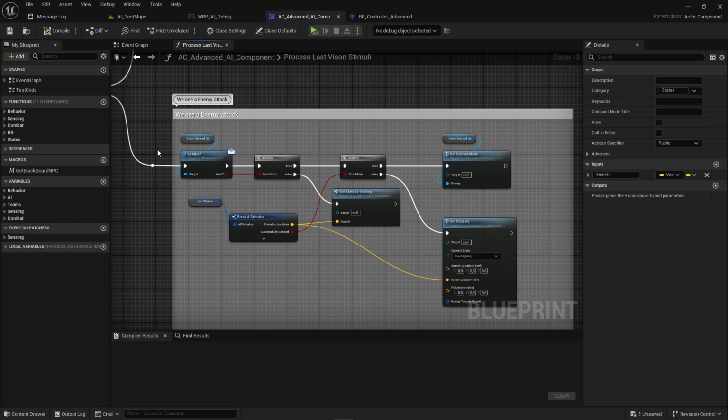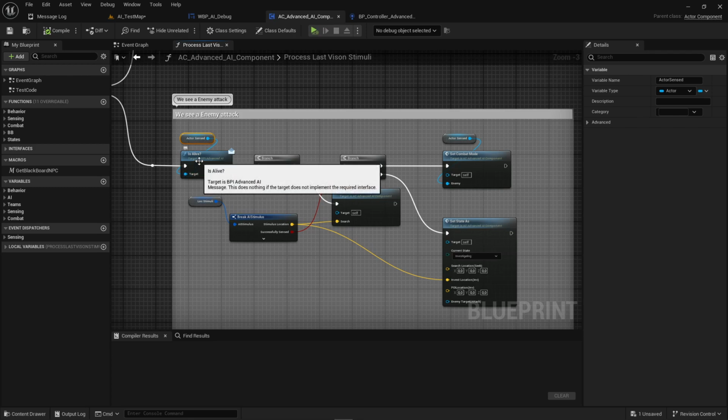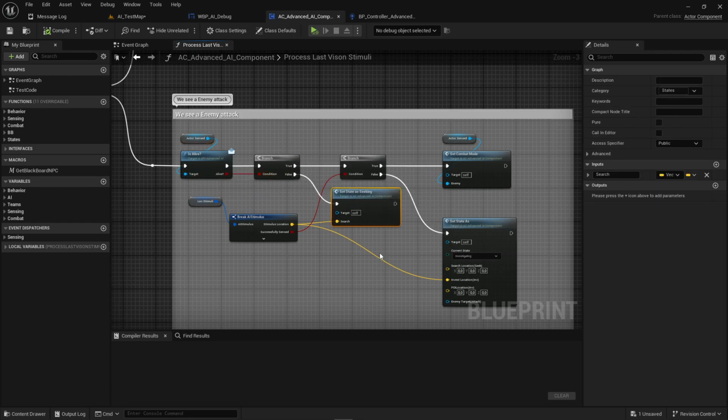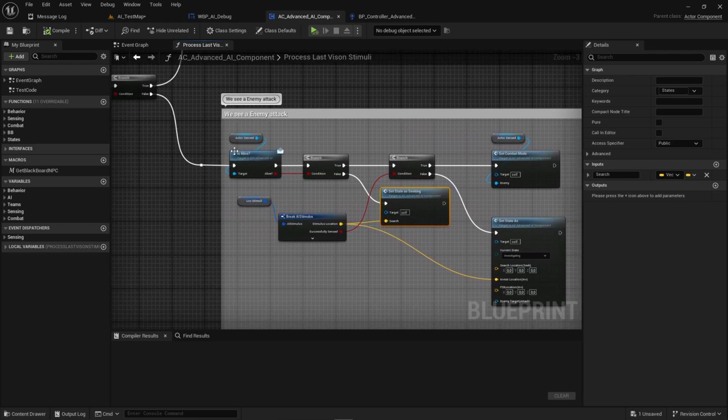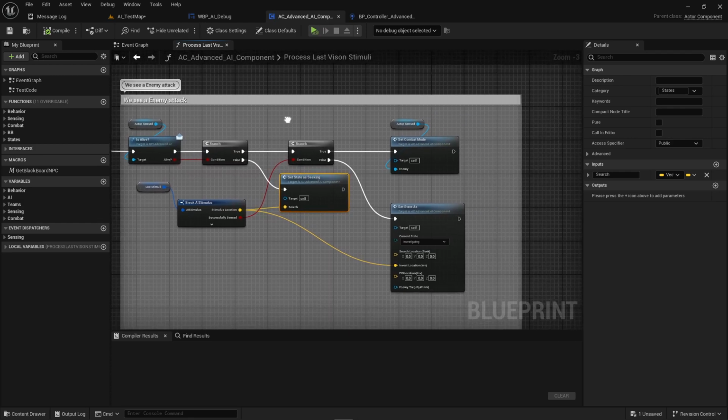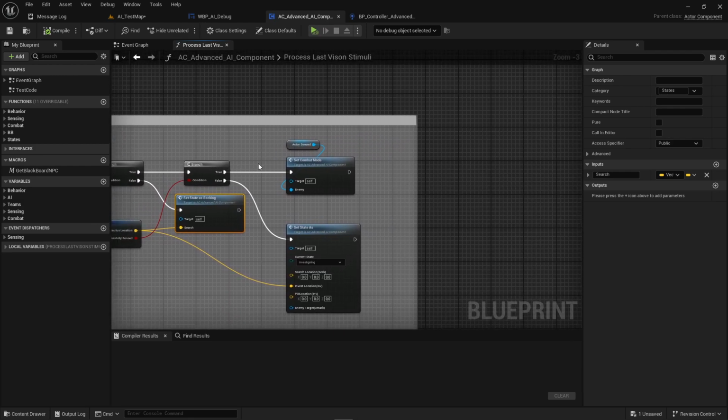Okay, what do we need to do? So is he alive? The actor that we send. So the target, is it alive? Yes, no, then go back into the seeking state. That maybe we are gonna change later on. And then if it's alive, it's an enemy and it's alive, then we are going to